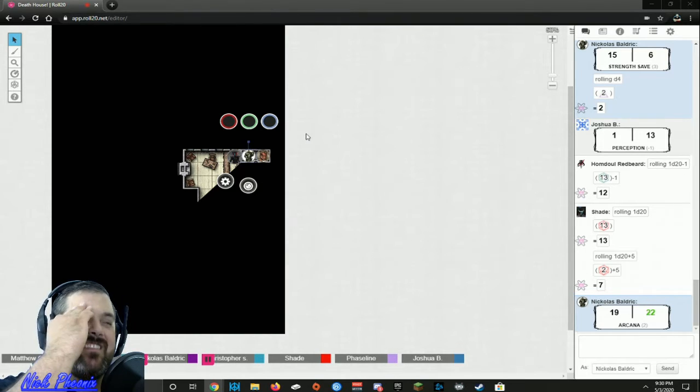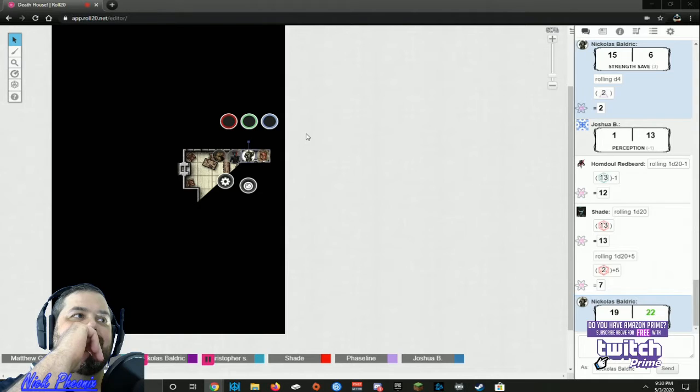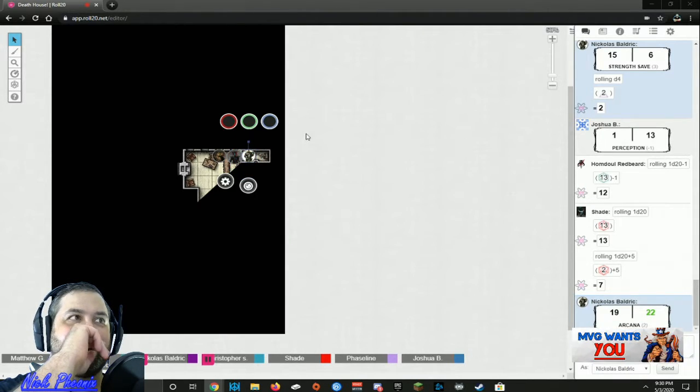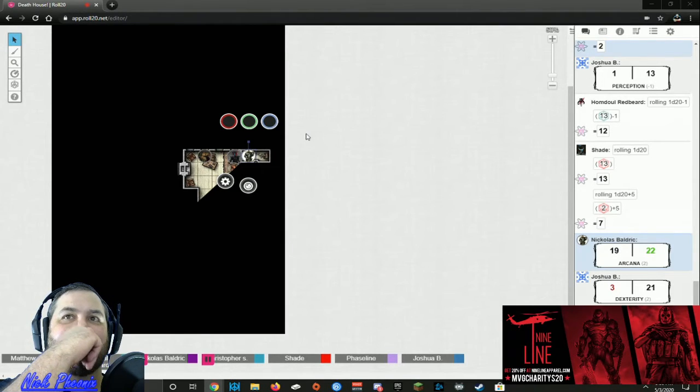All right, does anyone get close to the chest and or the skeleton? Homdel hears some commotion in there. He comes on in. I'm gonna go poke it if nobody else does. I can't fit. Alright, make a dexterity saving throw. What? It's a dexterity, never mind, check. But even with your proficiency, if you had it added onto that, you would have failed. So